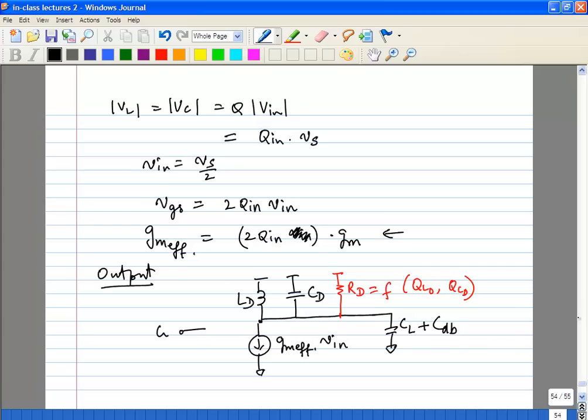In that case, we will not use LD CD. That network will be something else. It'll have LD, it may not have CD. It'll definitely have LD, but the simplest case would be just LD with a series resistance. There are more complex cases. We'll come to it later in the course.